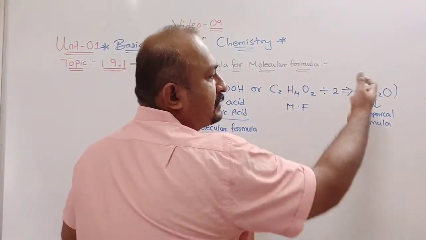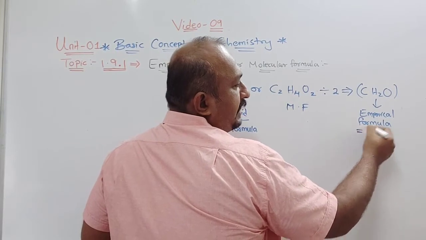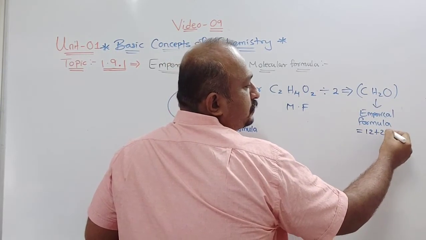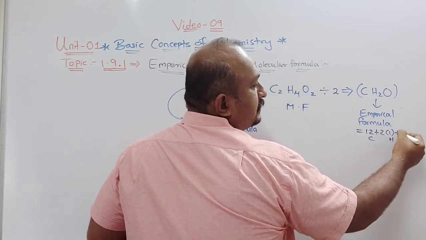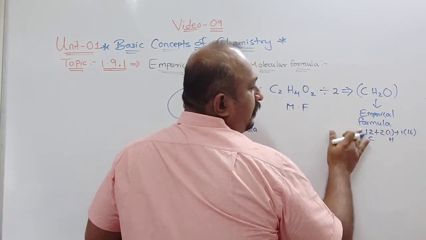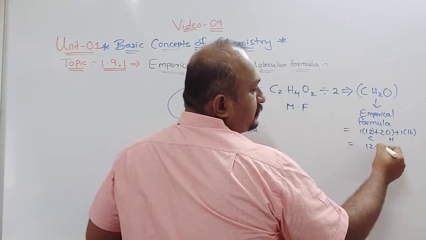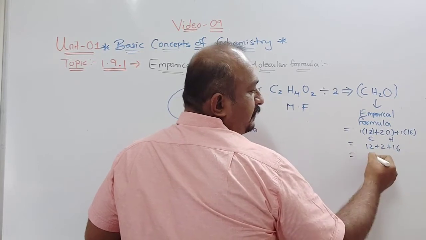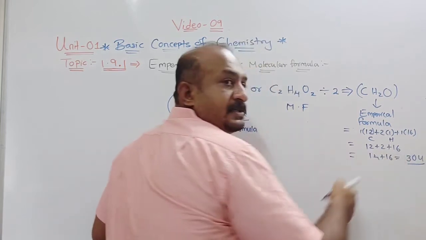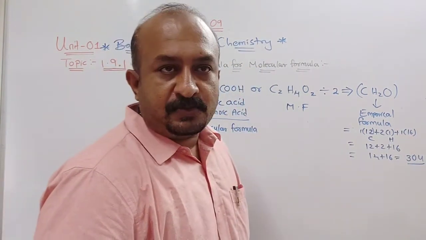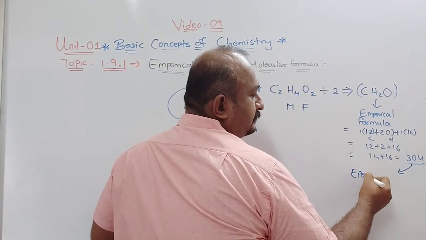And now if you find the mass of this, what is that? Suppose C means 12 plus 2 into 1 of hydrogen. This is of carbon, this is of hydrogen, plus 1 into 16 of oxygen. C also, 1 into 12 we take. So it is 12 plus 2 plus 16. So 12 plus 2 is 14, plus 16, which is equal to 30 u. So this is what we call the empirical formula mass. What is this? This one is the empirical